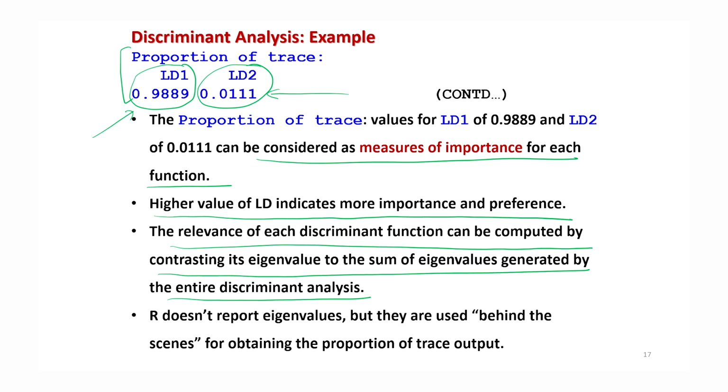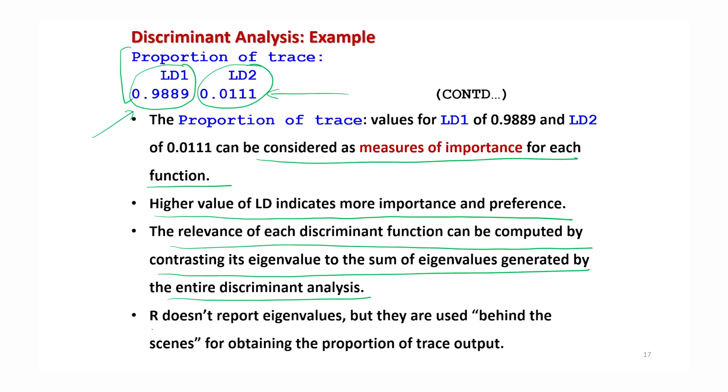Then the relevance of each LD is obtained by dividing its eigenvalue by the total of the eigenvalues.